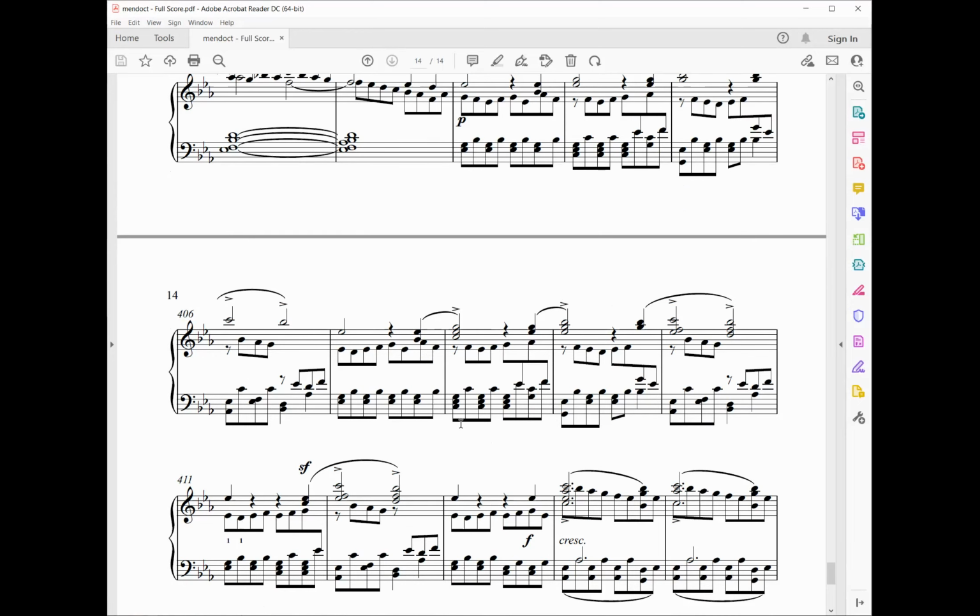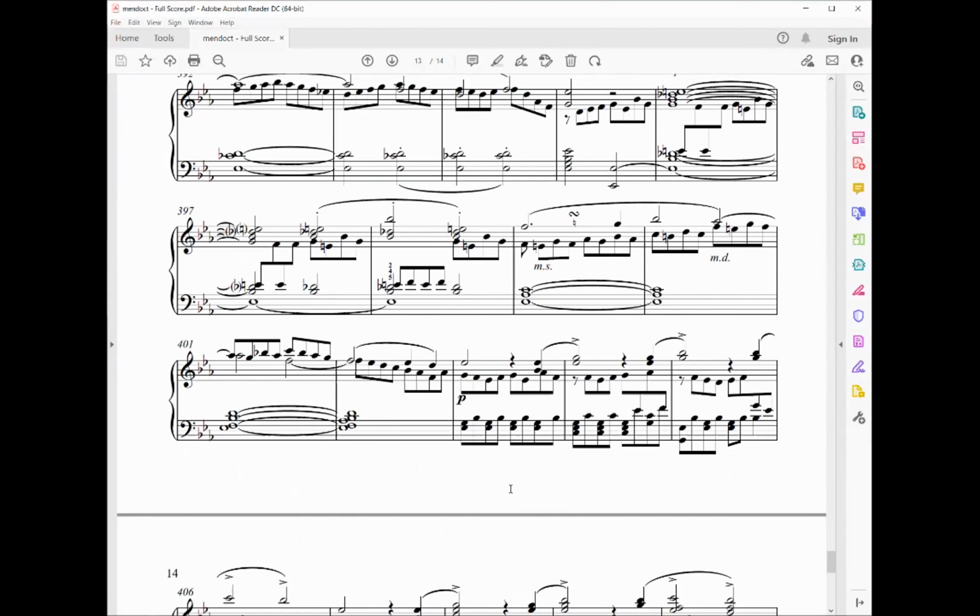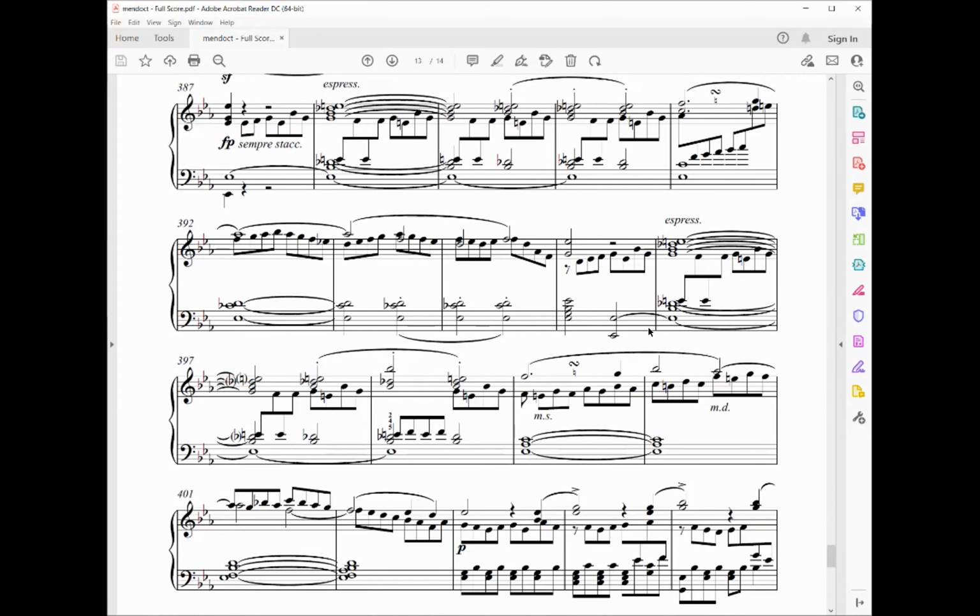And it actually feels pretty good to play once you've gotten it into your fingers. It's pretty natural, especially. It looks kind of crazy at first with the left hand going up and doing all that, but I think it works out pretty well. So I'll just scroll through. You can see there's a bunch of hand sharing.